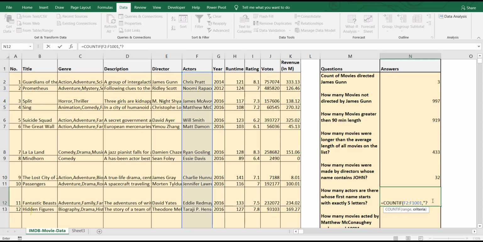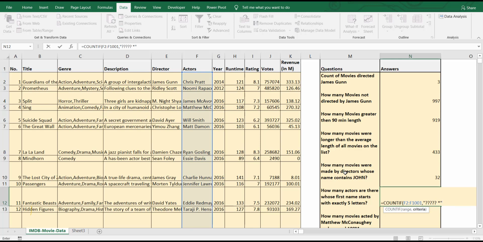So how many characters exactly should the first name be? Because if you observe the pattern in the actors column, they have first name, space, and then last name. Now the first name should contain exactly 5 characters. So we need to give a question mark 5 times, 1, 2, 3, 4, 5, and then give a space, and then press star, enclosed in double quotes.